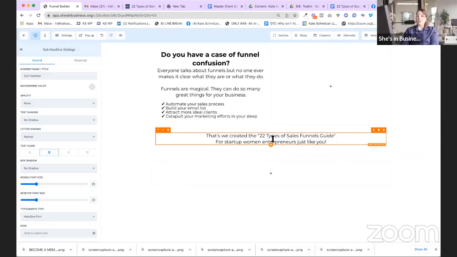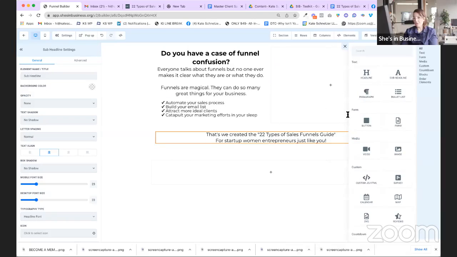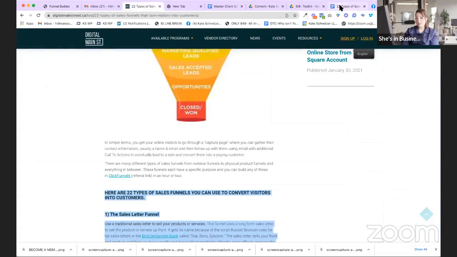Okay. So now what I probably also want to do is give them some sort of visual, like what are they actually downloading? Now we can do that in a lot of pretty different ways. We're just going to do something really simple in this case, but I probably want to just add a picture of maybe the document, for example. So say I'm going to go over to the document